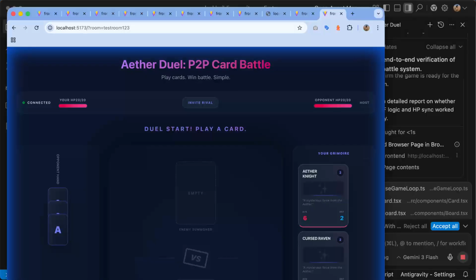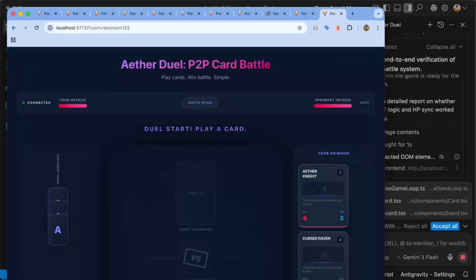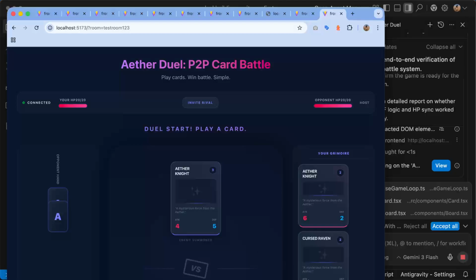A mysterious force from the ether, and then cursed raven. One has 6 attack and 2 defense, and the other one has 4 attack and 1 defense.